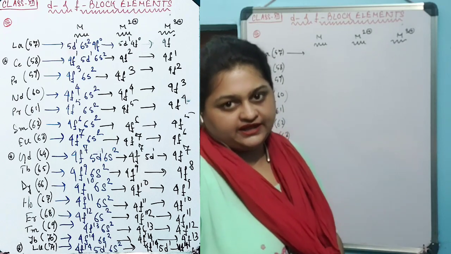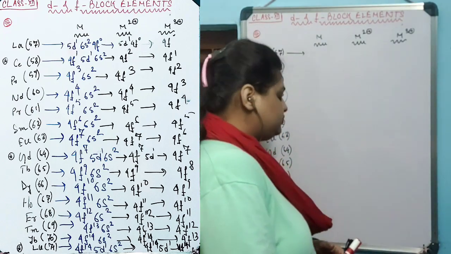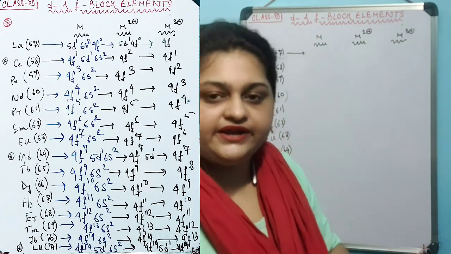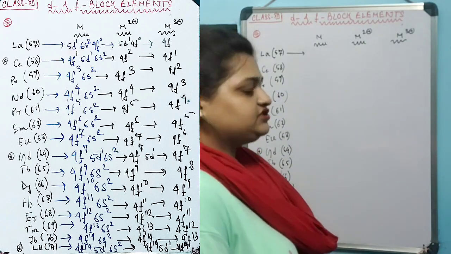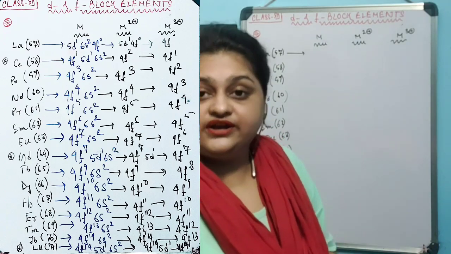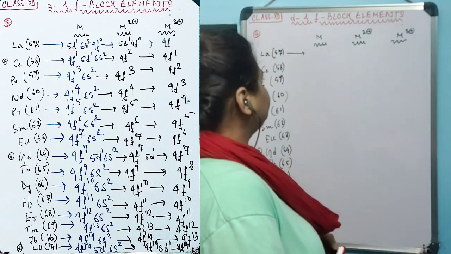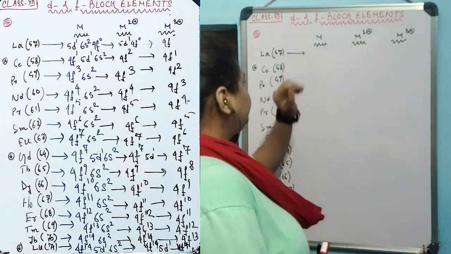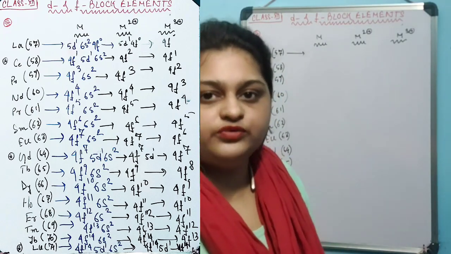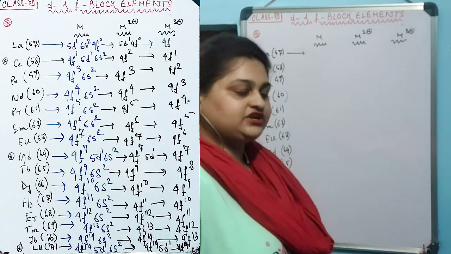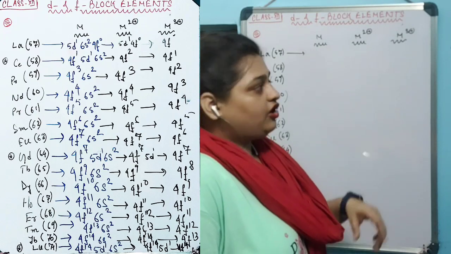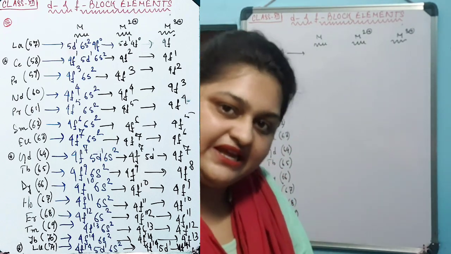There are 14 elements in the lanthanoid series, starting from cerium and ending at lutetium. But there is one element known as lanthanum, just before which the lanthanoid series starts. That's why the entire series is named after lanthanum as the lanthanoid series. Though lanthanum does not contain any electron in its 4f orbital, it has still been included in this series along with the 14 lanthanoid elements, starting from cerium and ending at lutetium, because of the similarity of the properties of lanthanum to the rest of the lanthanoid series.